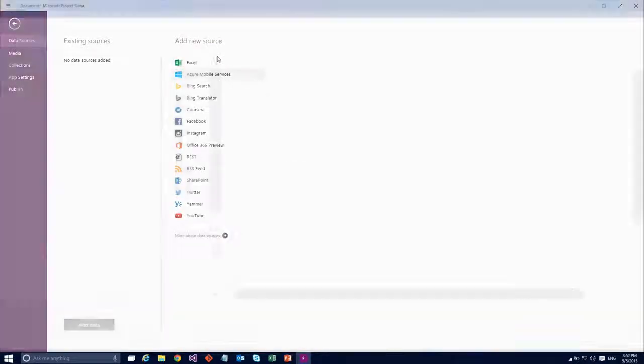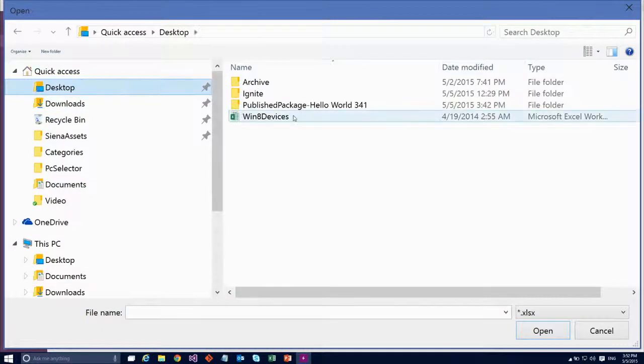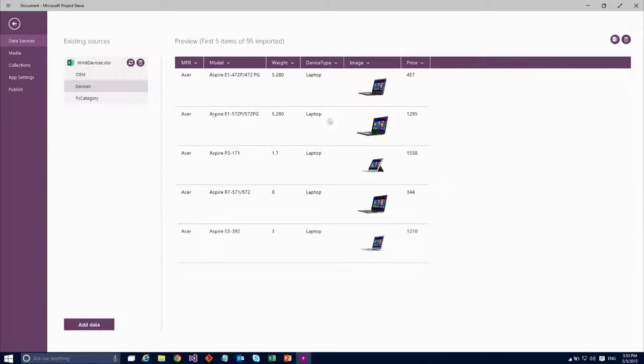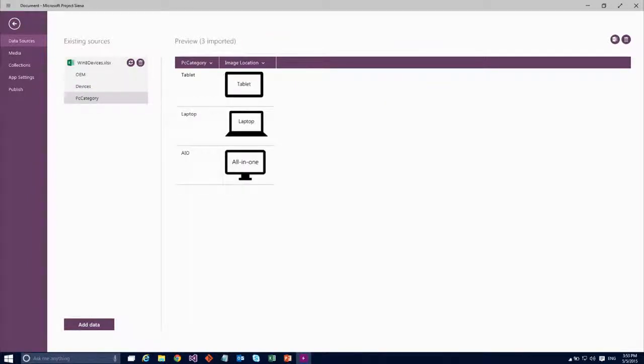So the first thing in this is I'm going to go ahead and add that data into my app. Really quickly now I'll actually go into this data. We can see that I have a table here that has information about actual manufacturers of devices. We'll use that as a filter later. Here's a table of information about all the devices. This information is a little out of date, so don't worry about it too much. And then we have another table that I can use here for filtering.